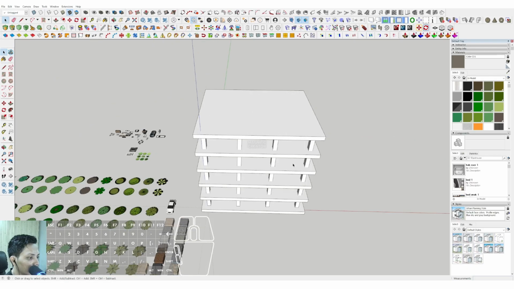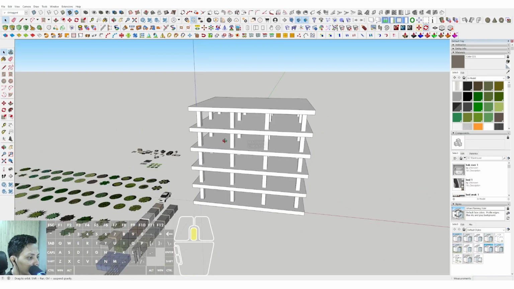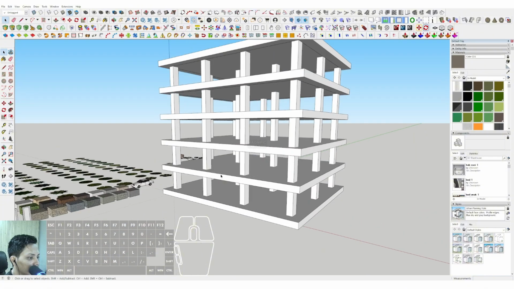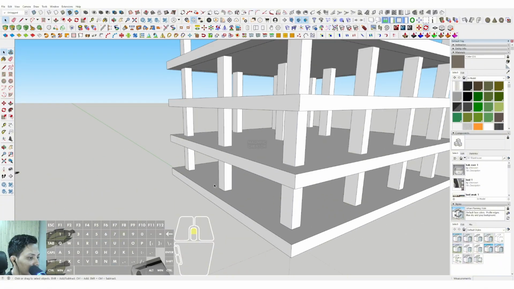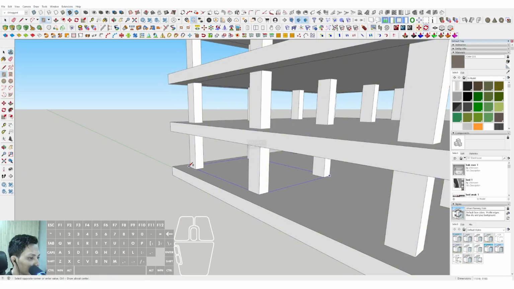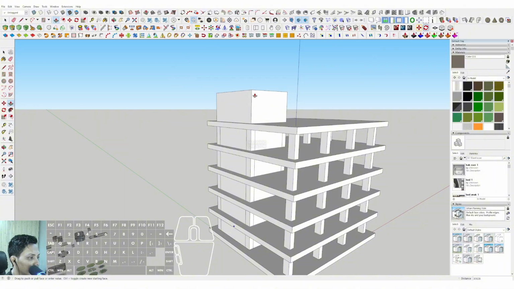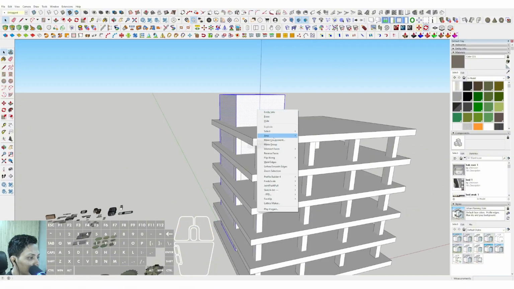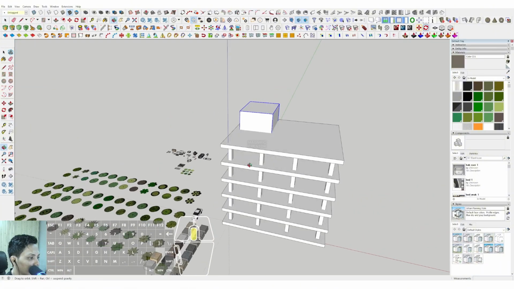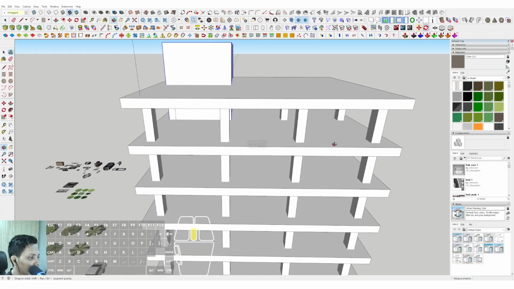Okay, just like this, and then now we can select the core building. For the core building, it's probably on this position in here. It's like an emergency exit and much more in here. Okay, then now we can double click and make group. Okay, now we can make the another